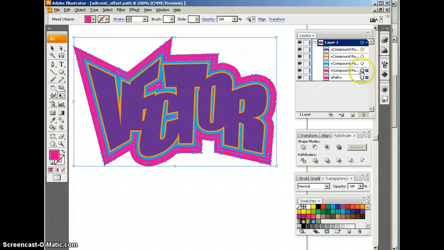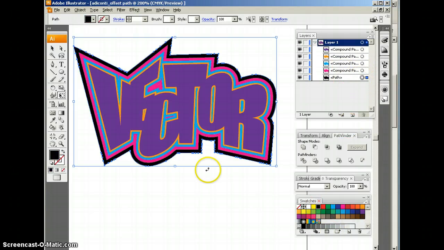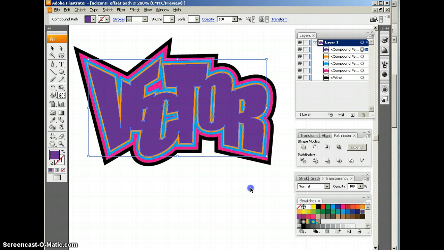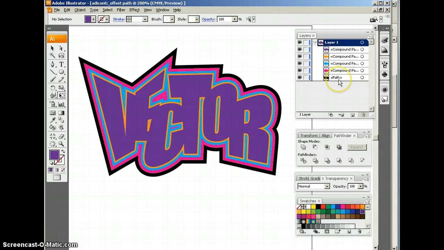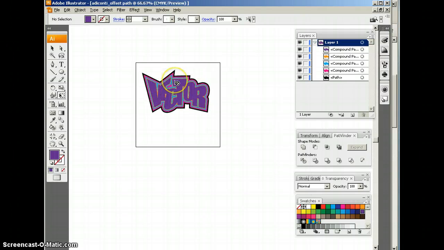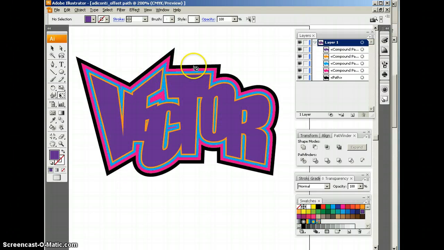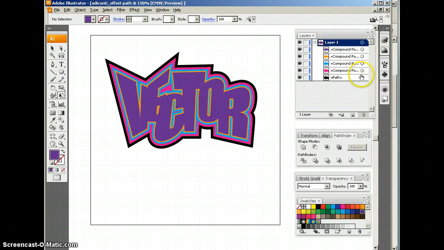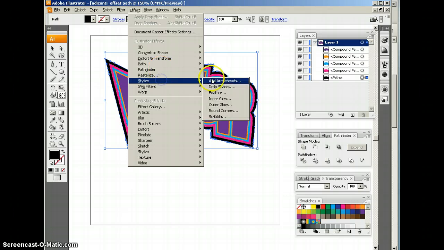Oops, undo. As you can see, I forgot to choose just the bottom path. Now I'm going to choose black, and looks good, I should say so myself. All right, now I have my first object. Okay, I'm going to go to that bottom path, and I'm going to go to Effect, Stylize, Drop